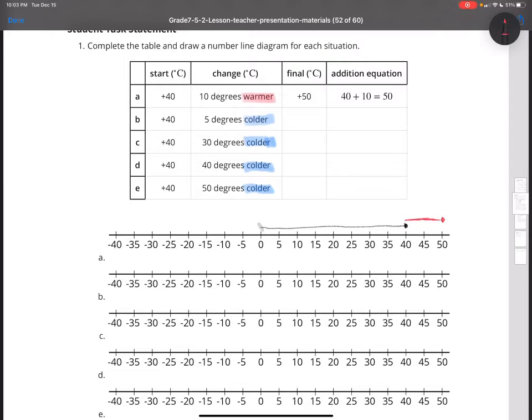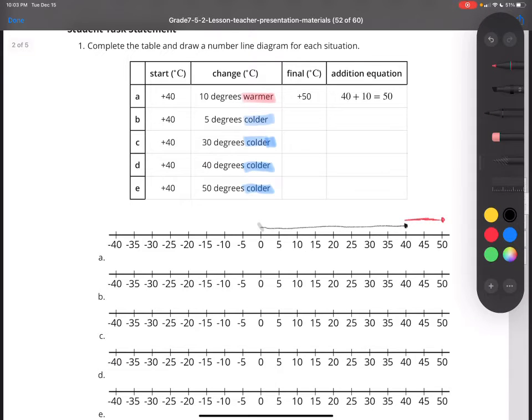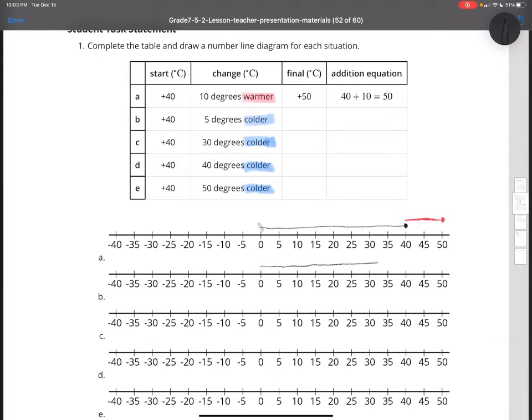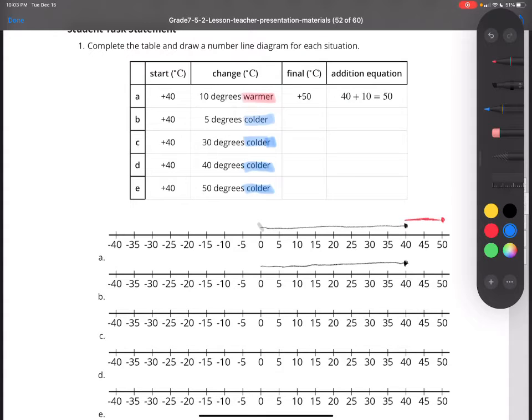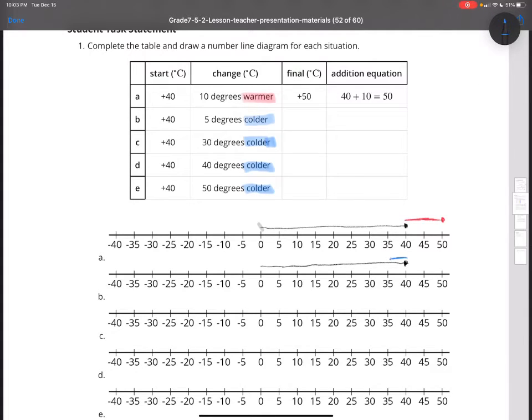Okay? So then for the next one, I still want to draw that black line, which is starting at 40. We start at 0 and then we go to 40. All right. And then it got 5 degrees colder. Now, we already said that when it gets colder, we're going in the left direction. And that's what I want to do now, is go in the left direction. When I go in the left direction, I landed at 35. So I can circle my answer, and I can say that my final answer is 35